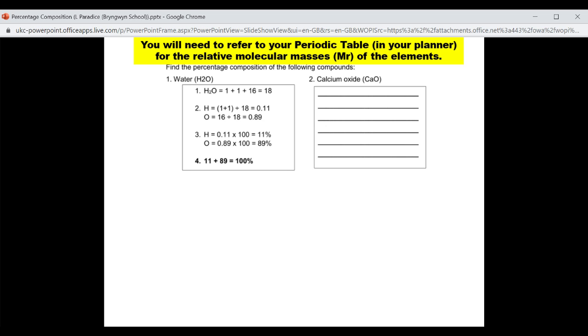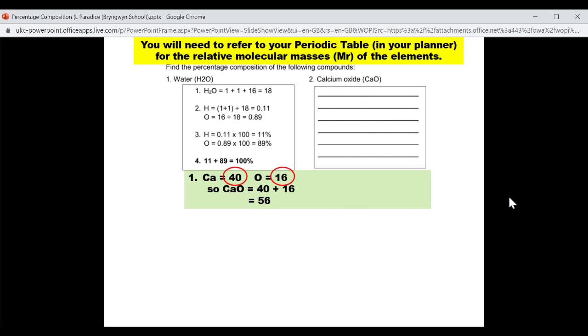You will need to refer to the periodic table, which should be in the back of your planner. So we need to know the relative molecular masses, which is the Mr, of the elements concerned, in this case, calcium and oxygen. Okay, so calcium, if you look at your planner at the back there, the Mr of calcium is 40. For oxygen, it's 16. So therefore, calcium oxide is a combination of both of those numbers, 40 plus 16,